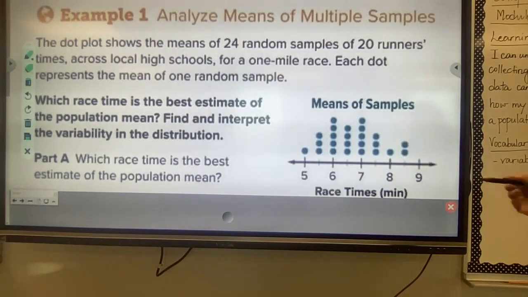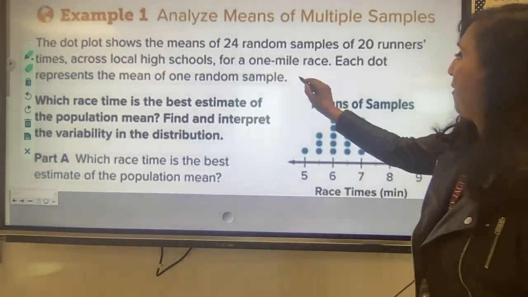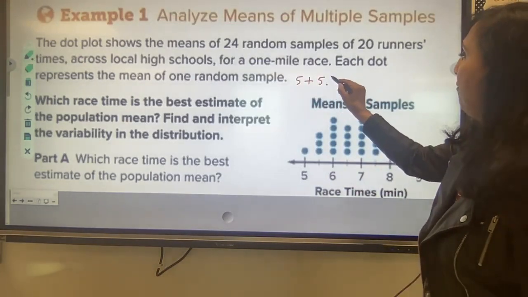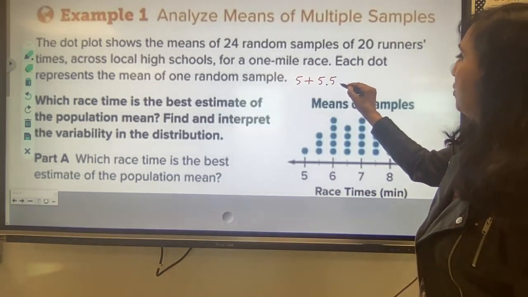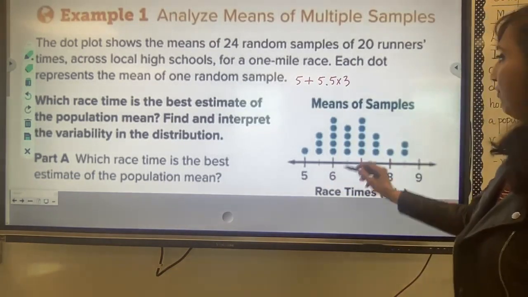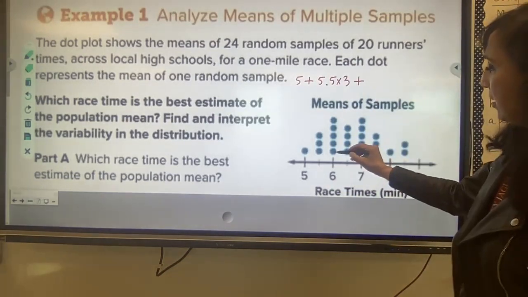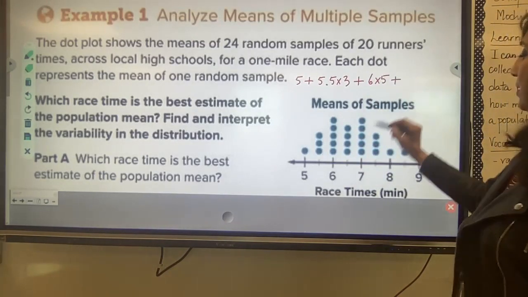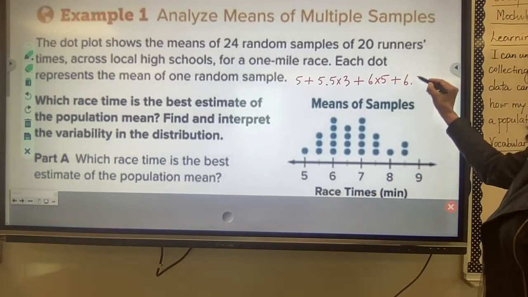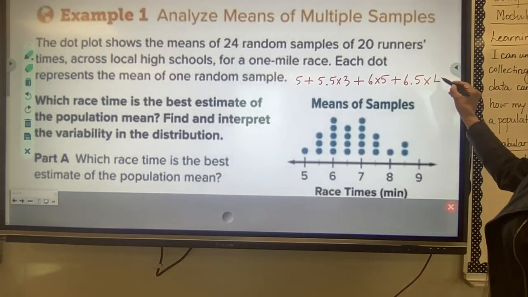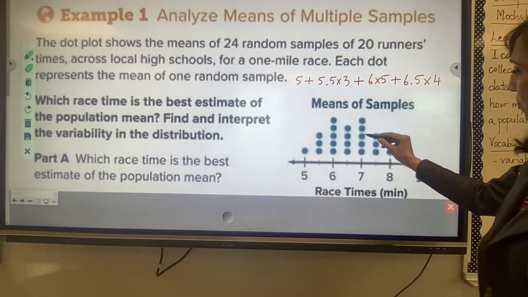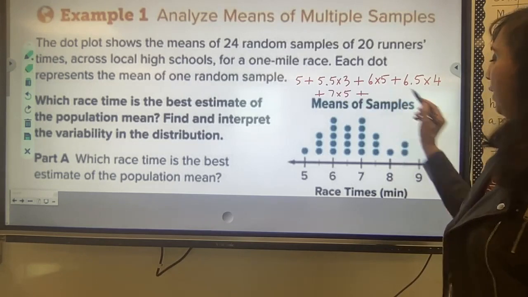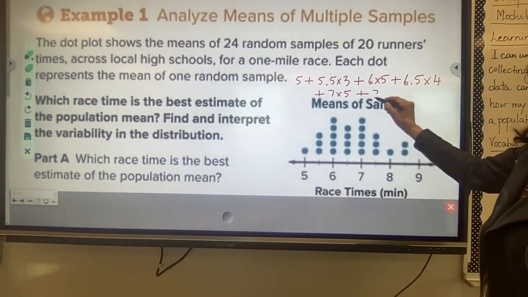Okay, so this is going to be 5 plus I have 5 and 5/10, and this is times 3, right? Because 3 of them, plus I have how many 6? 1, 2, 3, 4, 5. So 6 times 5 plus 1, 2, 3, 4, 6.5 is times 4. I have 1, 2, 3, 4, 5 plus 7 times 5 plus 1, 2, 3, 7.5